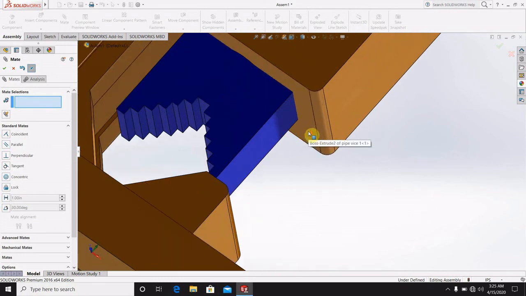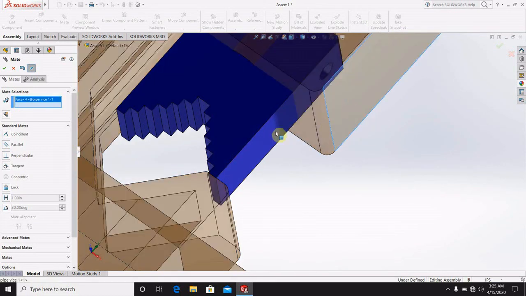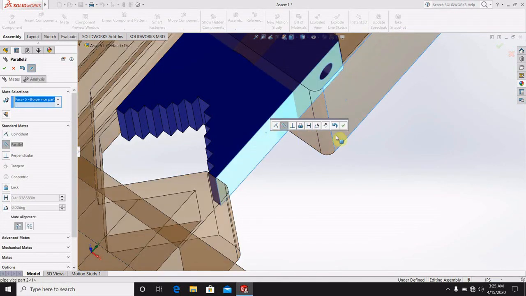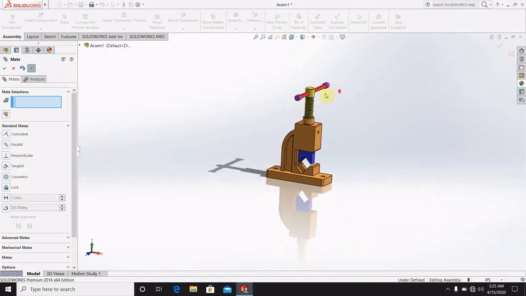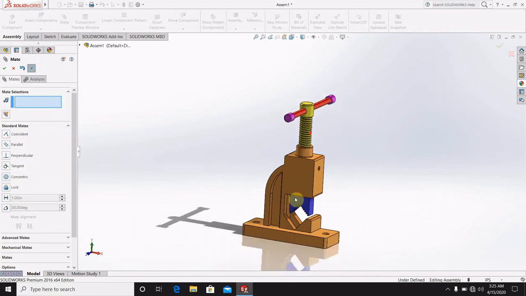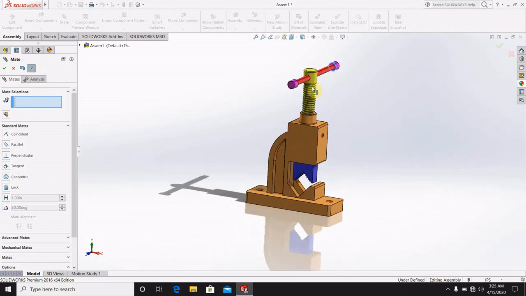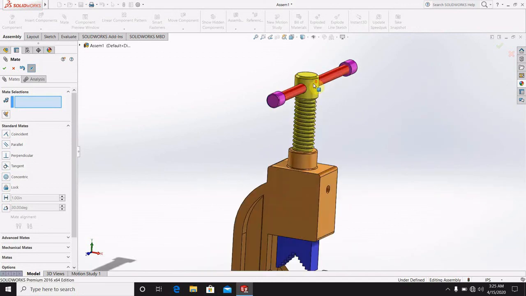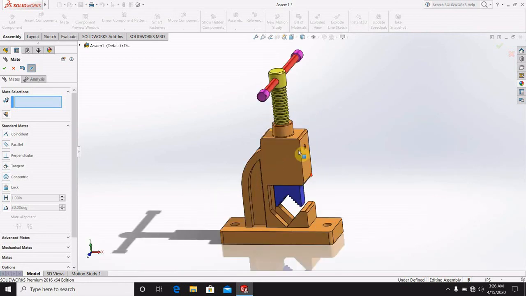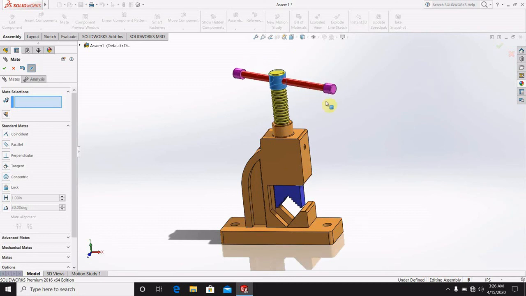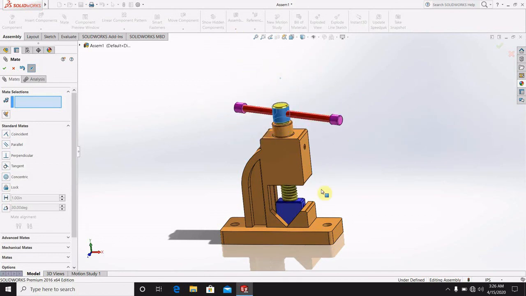Now select this plane and this plane to become parallel. Click here. Now if you just rotate it, see the pipe vice is working, and we just make it